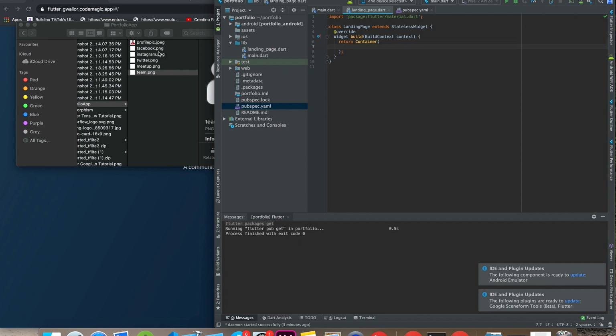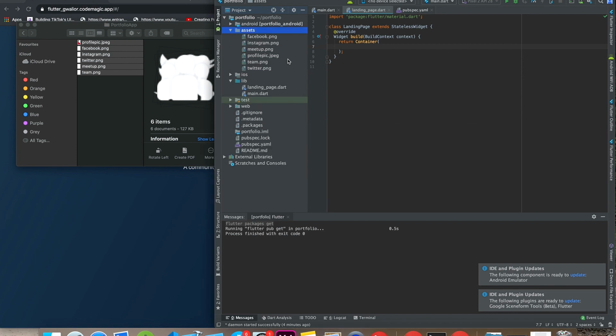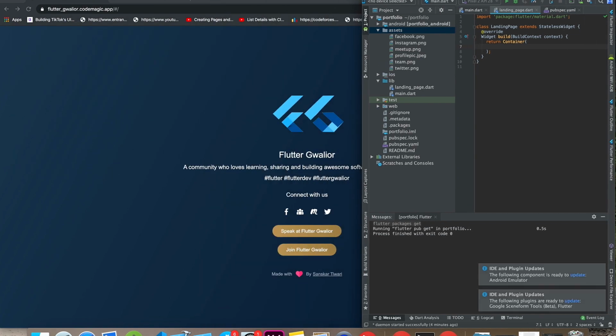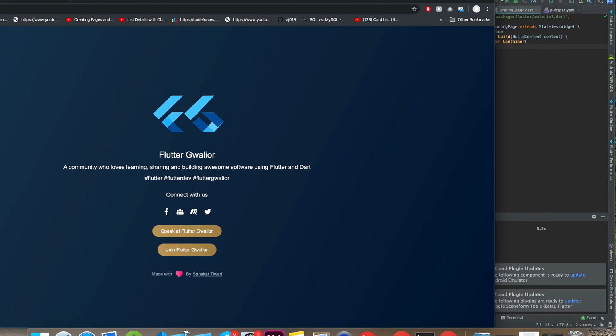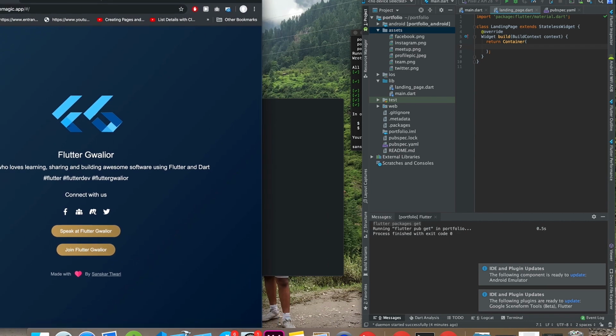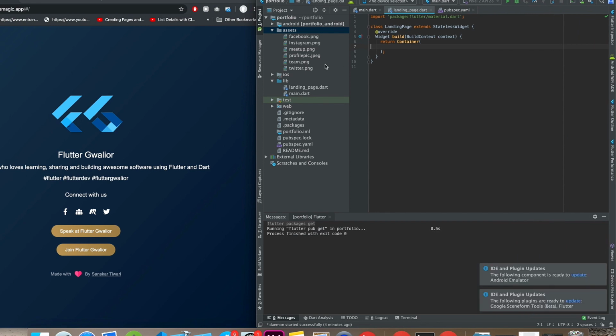Okay, so now what you have to do, basically copy these. Okay, now it is done. Then what you have to do is, let's build up the structure. So let me make it small so that we have both of them side by side. And okay, so first thing first, we can see we have an image, text, text, text, a row, button, and a